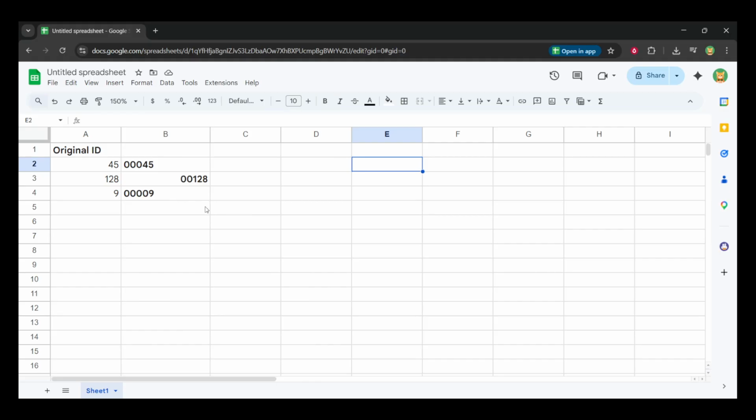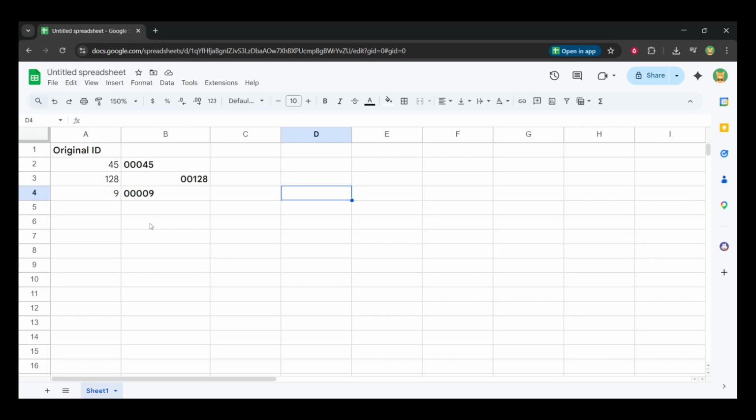Finally, if you prefer a formula-based solution, use the TEXT function. Enter a formula like equals TEXT(A2, "00000"), replacing A2 with your cell reference and setting the number of zeros to your desired width. This is great for cleaning up a list of IDs that vary in length. The TEXT function outputs a text string that looks exactly the way you specify. If you need to use the formatted results elsewhere, you can copy and paste them as values after the formula